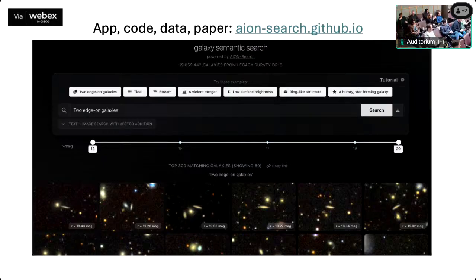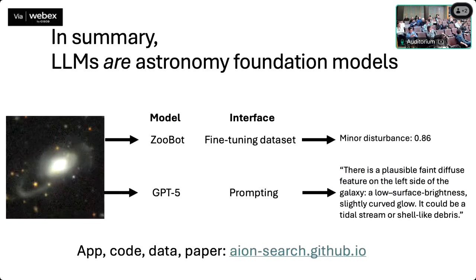Great talk. Thanks. You said that an LLM could be an astronomy foundation model now. Do you see a future for astronomy-specific foundation models, or do you think LLMs are going to get in that space? That's a great question. The strong advantage I see of using language models as vision astronomy foundation models is that you don't need to fine-tune it.